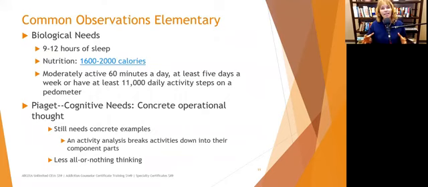So this is an activity analysis that helps children start understanding how to go from nothing to something, how to have no skills or none of this done to something. And this is the beginning of goal setting, because then when they get older, if they want to run for student government, okay, let's break it down into an activity analysis. What do you need to do to get enough votes? How are you going to promote yourself, and so on, and have them break that down. But they're starting to learn how to set goals.